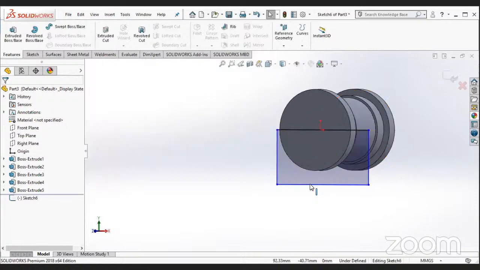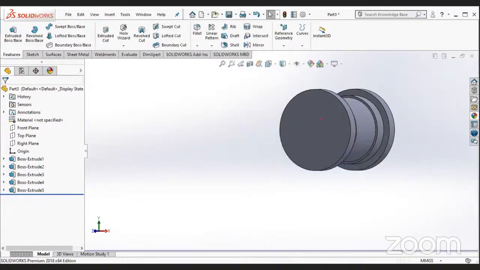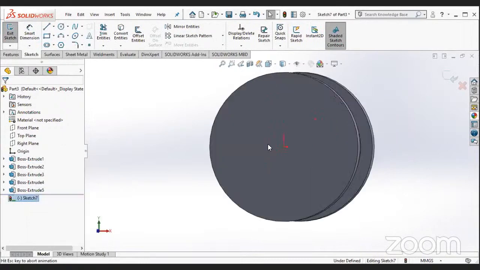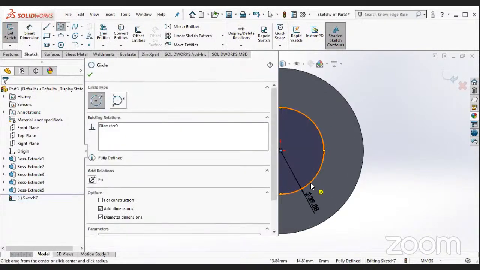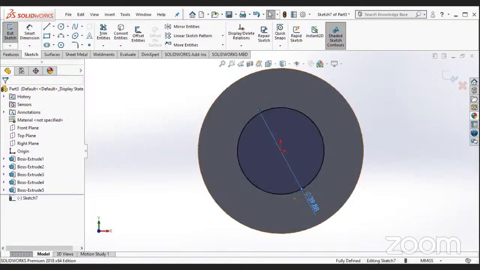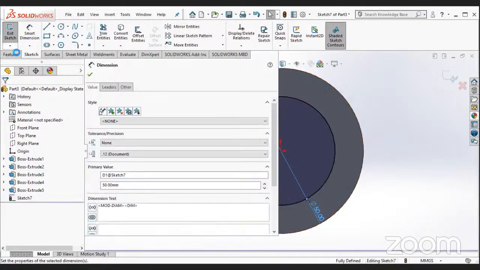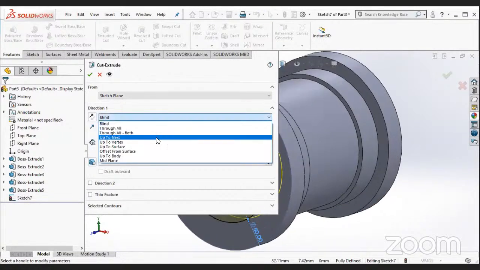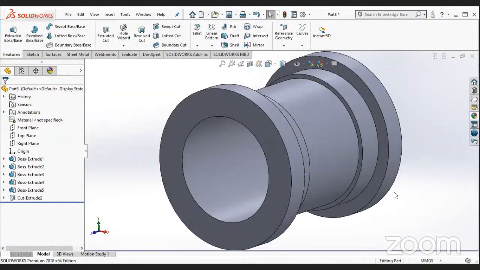There's one more thing before cutting this, there's one more thing left. As you can see in the picture, there is a hole inside which the diameter is 50. So we'll quickly cut that hole and then go for cutting. Select any surface, go to normal, and we'll just cut a hole of 50 diameter in the features and cut it through all. And select up to next here. Just remove that